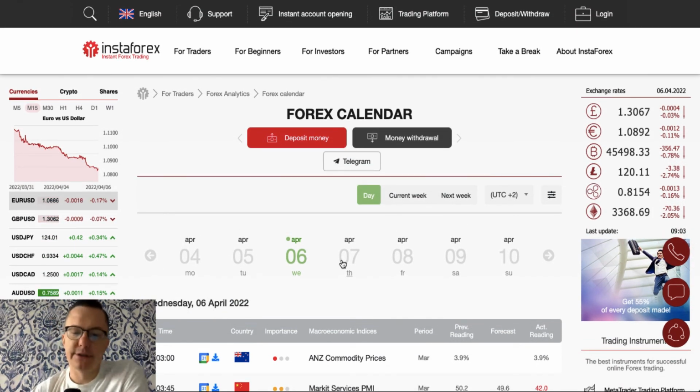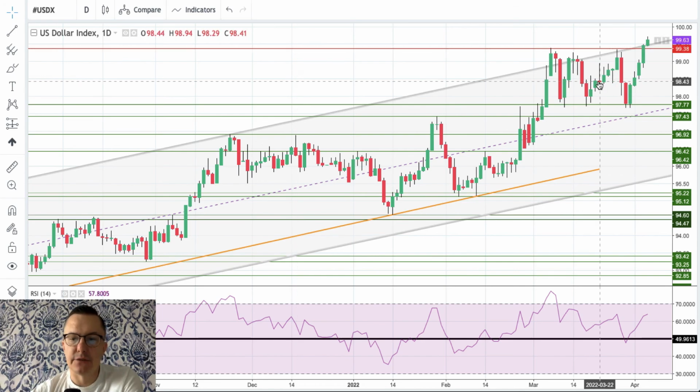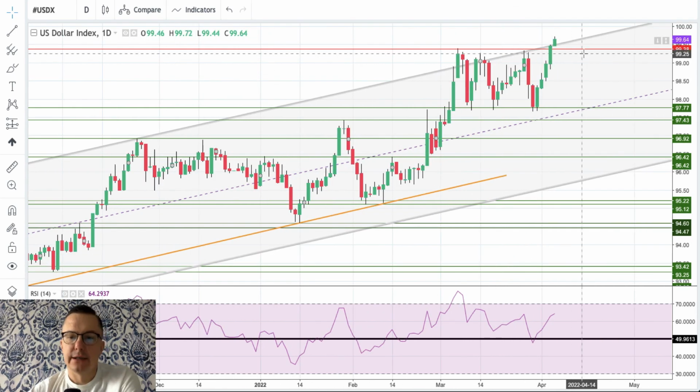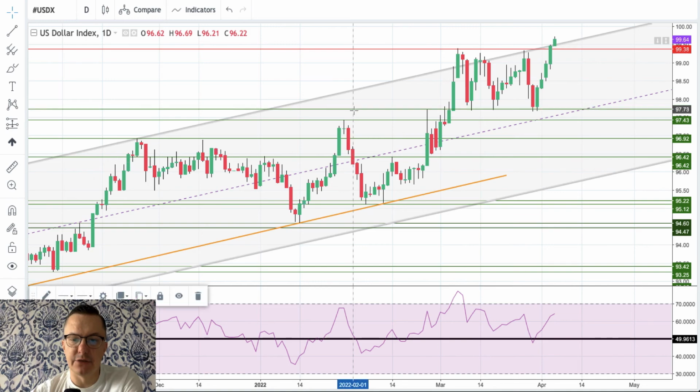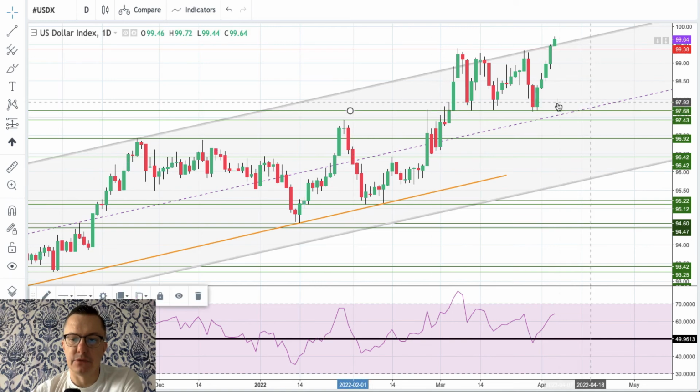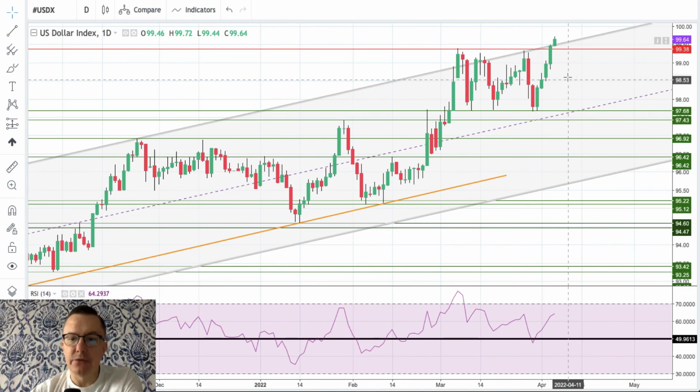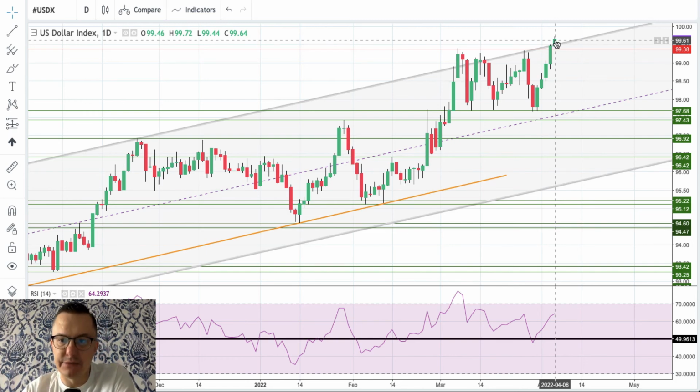Let's take a look at what is going on on the charts. We are going to start with the US dollar index. The daily time frame chart of the US dollar index shows us the tested technical support at 97.77. We can even adjust this level to the newest data, and the technical support would be at 97.68, and we have a new higher high. The new swing high was made at 99.72, so the market is clearly heading towards the level of 100.